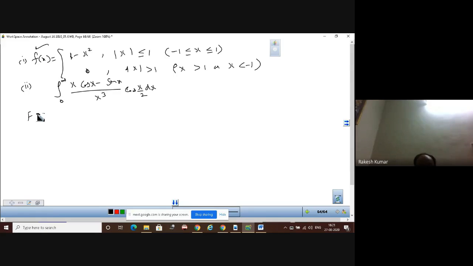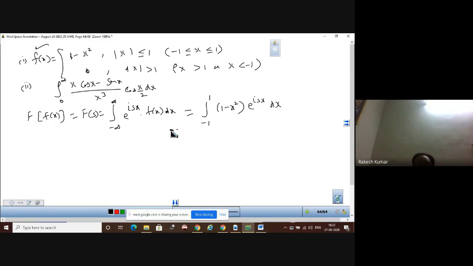And clearly, the Fourier transform of f of x, what is that? That will be a function of parameter s, integral from minus infinity to infinity e raised to power iota s x into f of x dx. Now you know that in the interval of minus 1 to 1, the value is 1 minus x square, otherwise the value is 0. So you can split the interval into 3 parts on the same parallel as we have done in the previous question, and what it comes out to is the integral from minus 1 to 1 of 1 minus x square e raised to power iota s x dx.